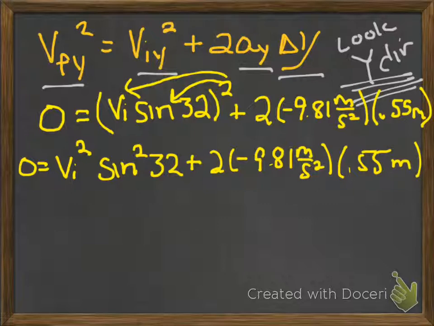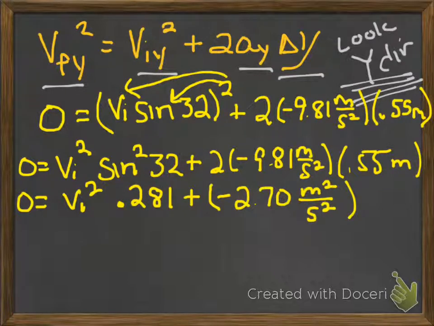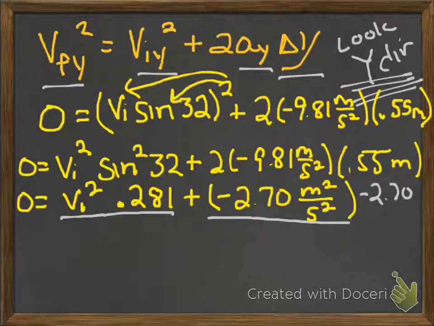At this point, let's put some stuff in our calculator and see what we get. Alright, after the first step of typing it into the calculator, we get the sine of 32 squared is 0.281. That's still going to be multiplied to our vi squared. And then when you multiply 2 times negative 9.81 times 0.55, you get a negative 2.70 meters squared per second squared. Now we are going to subtract this 2.70 from both sides,